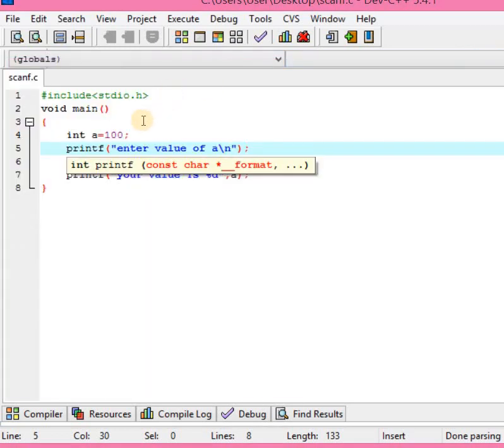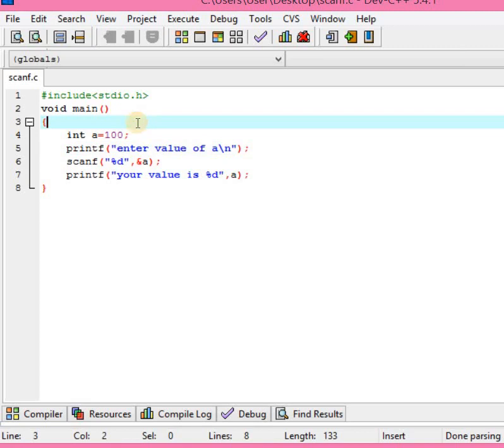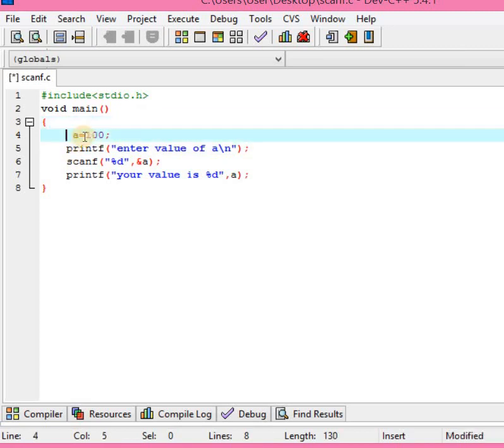Likewise you can use it for char also. In place of int, write char. After that, instead of a you write ch. If you want 100, you have to write it in single quotation. The value also you can print, the character also in single quotation.